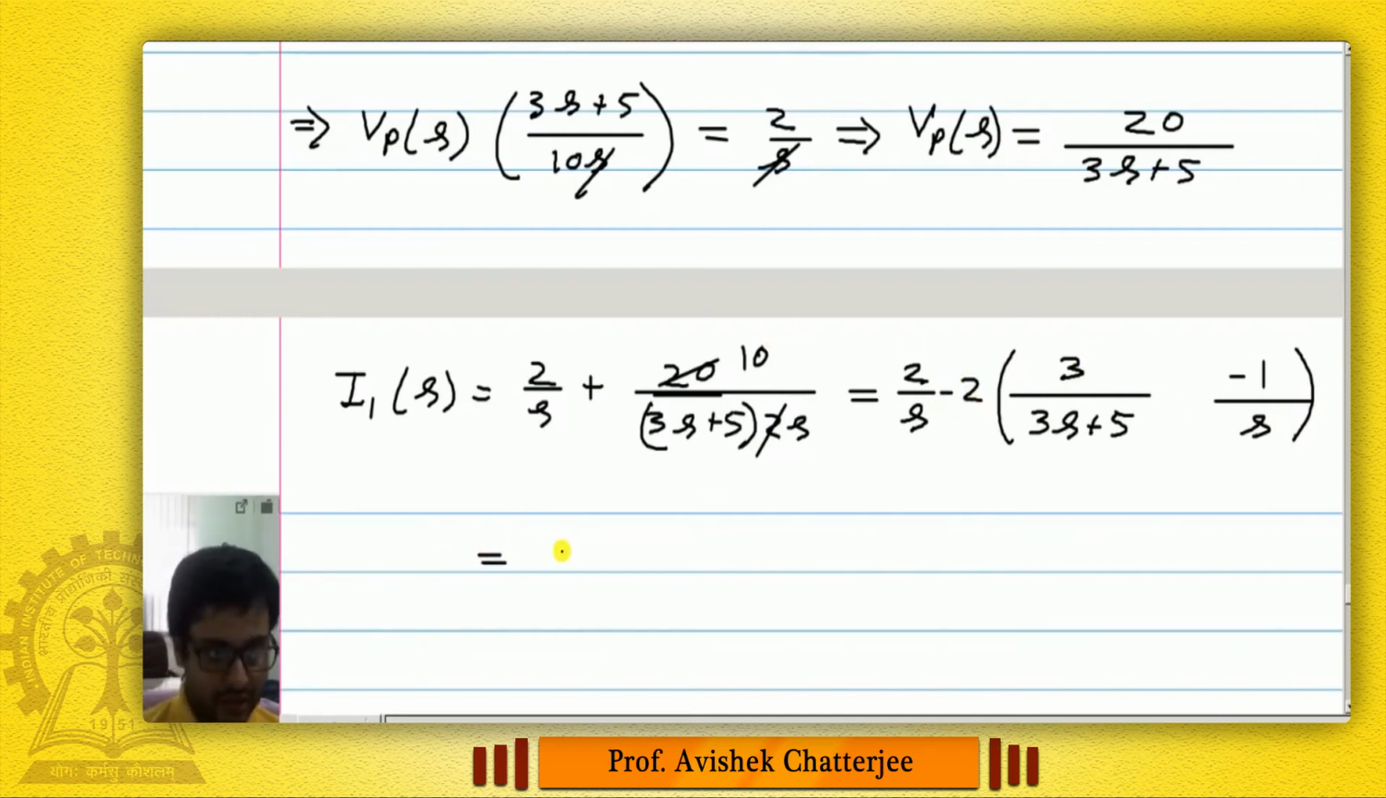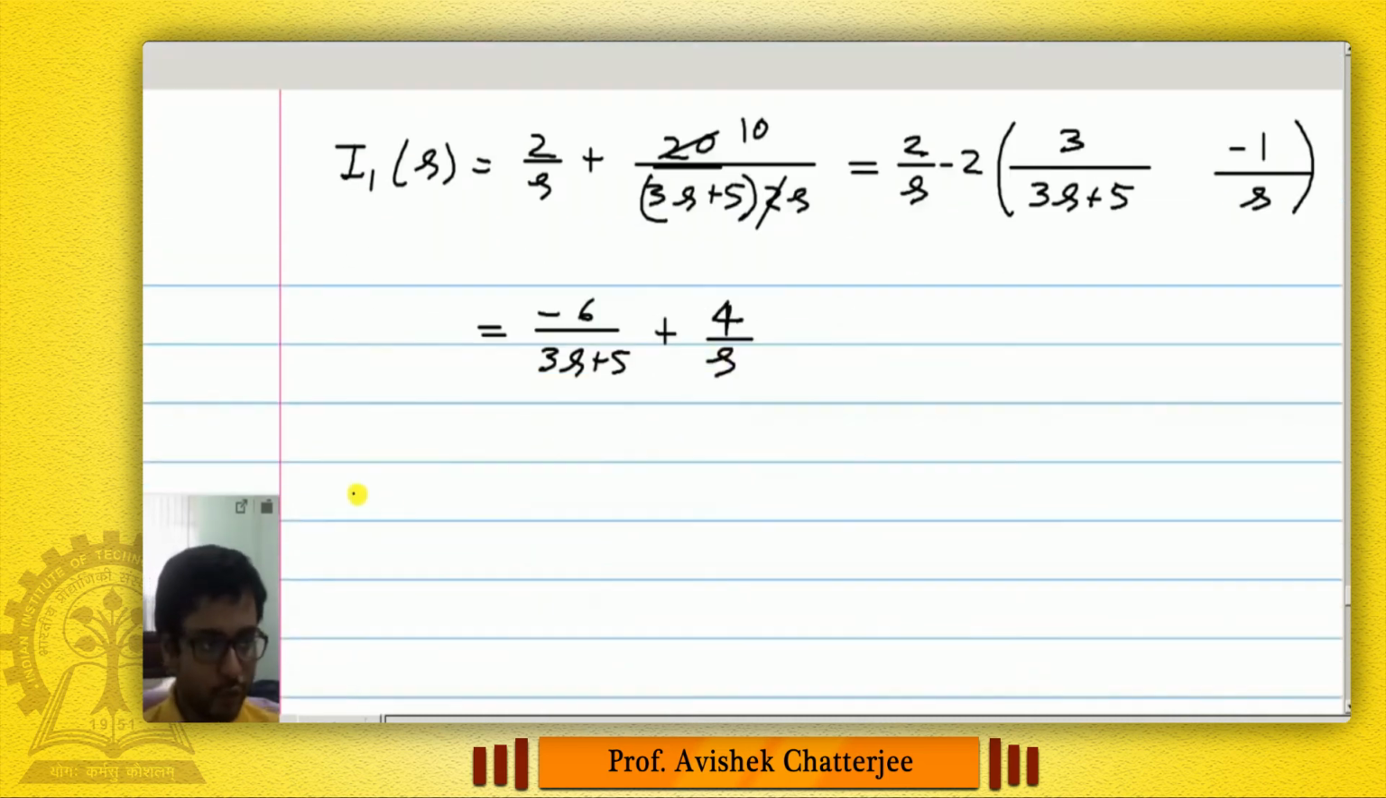Okay, then this is equal to minus 6 by 3s plus 5, and here we have plus 2 by s, so plus 4 by s. Now we can take Laplace inverse. I1(t) will be equal to, actually we will get I1(t)u(t), because we are doing only unilateral Laplace transform. So that will be equal to Laplace inverse of this, which is 4u(t),